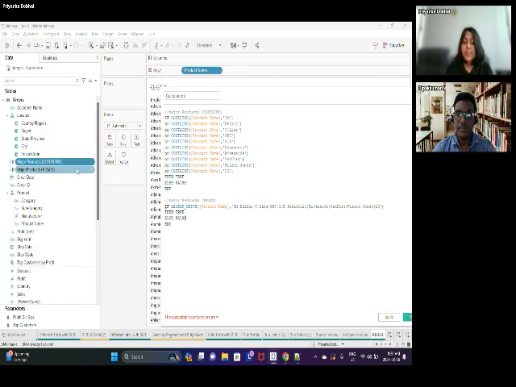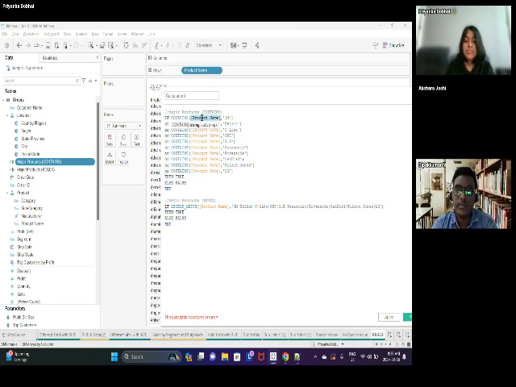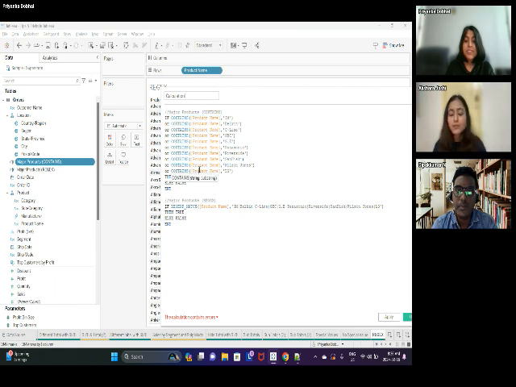All right. So we were talking about this calculation, and I said that this works absolutely fine, but it's not the most efficient way to build your calculation, because Tableau mentions in its own white paper that you should not refer to the same field multiple times. And we have referred to it at least, I think, 6, 7 times over here. So we are calling product name multiple times in this calculation, which is not the best way to handle it. Instead of doing that, we should actually go with the next method, which I have on the bottom.